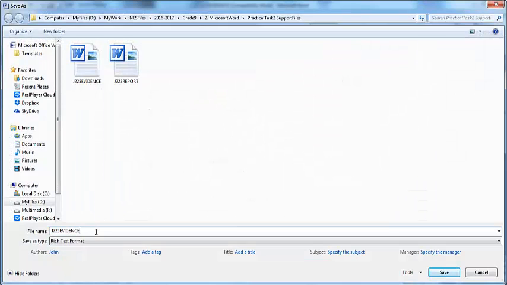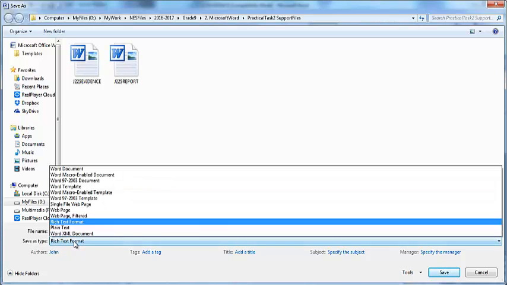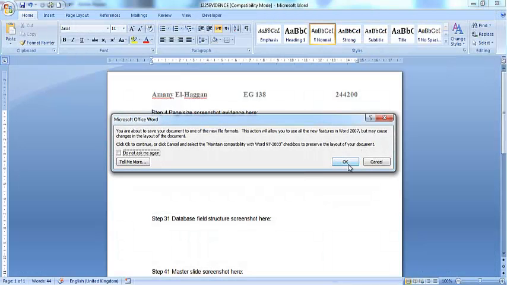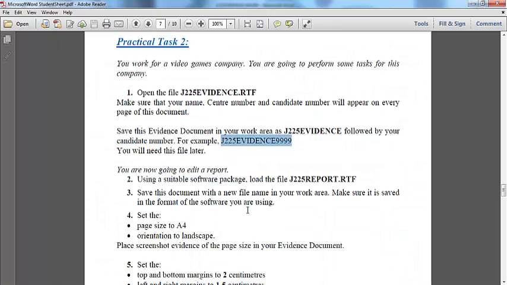Here it is, followed by my number. And you have to exchange the save as type from RTF rich text format to exactly Word document. Save. Okay. Now